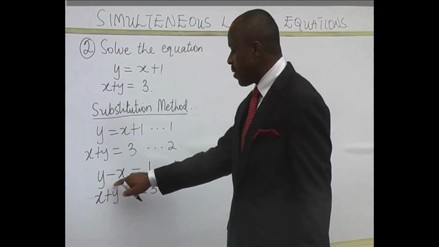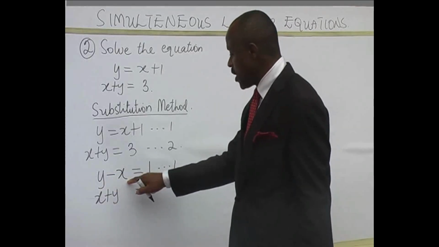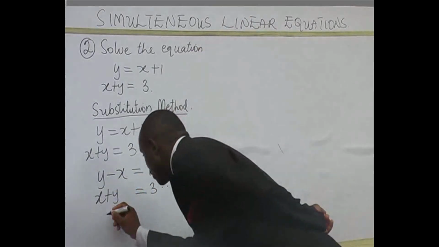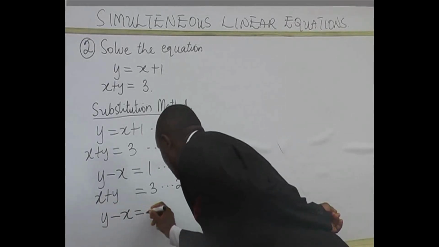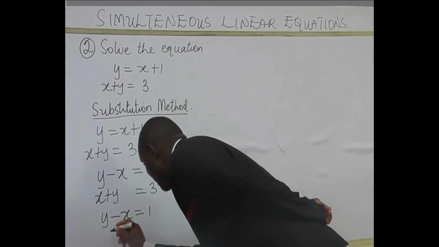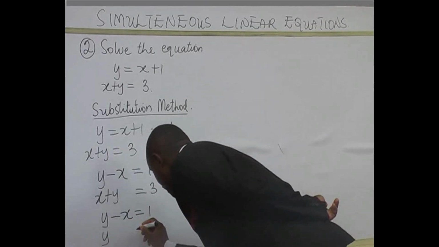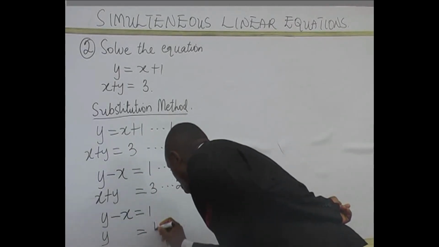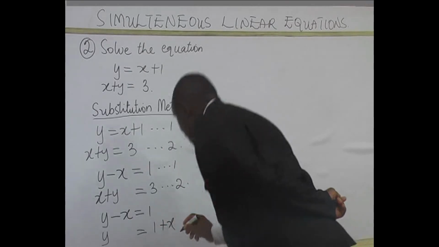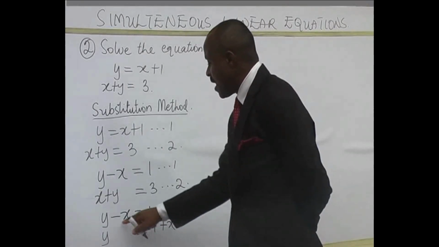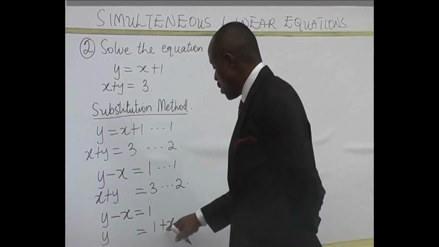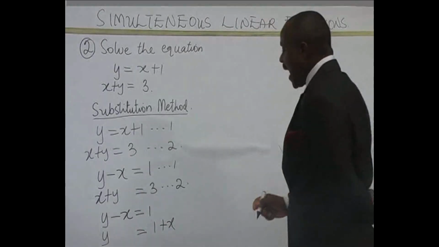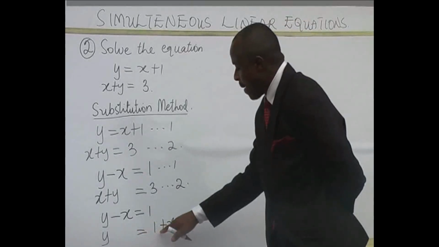Make y the subject of the formula in the first equation. The first equation is y minus x is equal to 1. That means y is going to be equal to 1 plus x. Remember, when minus x is leaving the left hand side of the equation and coming to the right hand side, you change it to plus x. Now that you have that y is 1 plus x,